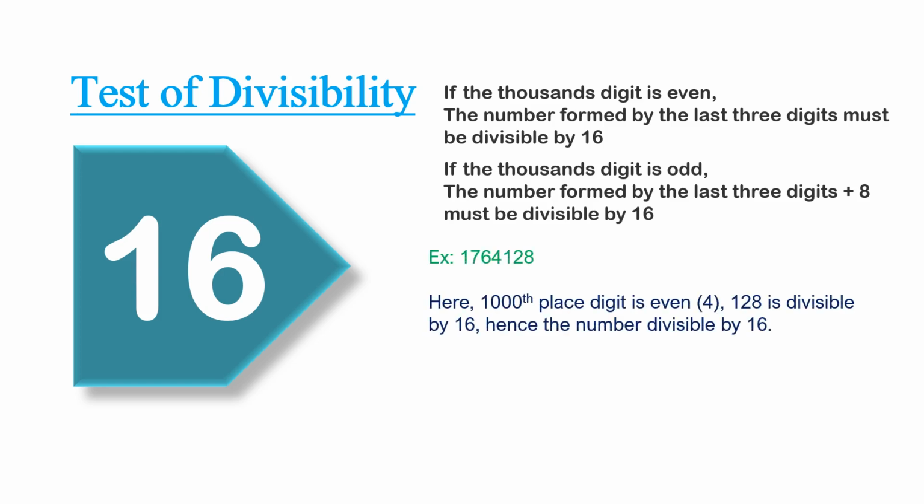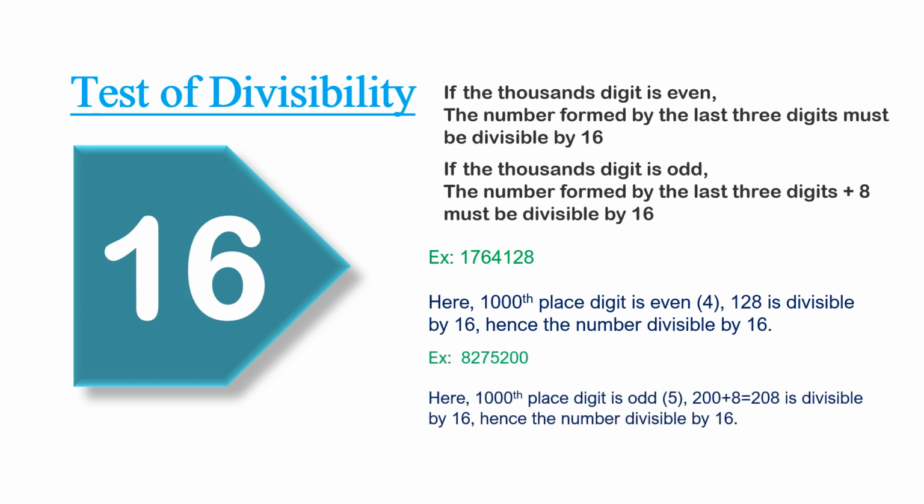First example, 1764128. Here the thousandth place digit is even, that is 4. So the remaining number, that is the last 3-digit number 128, should be divisible by 16. Yes, it is divisible by 16. Hence the whole number is divisible by 16. One more example,